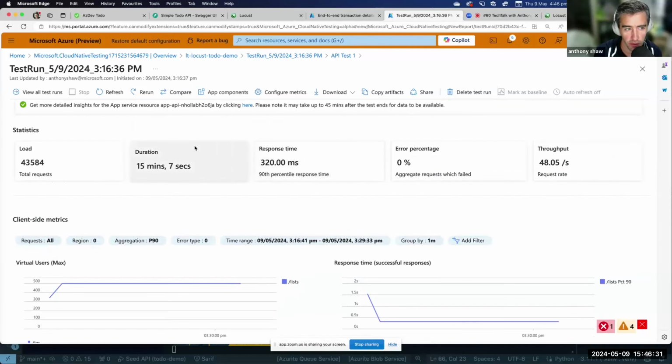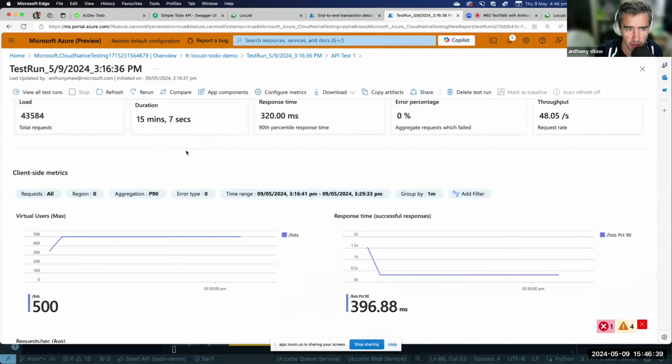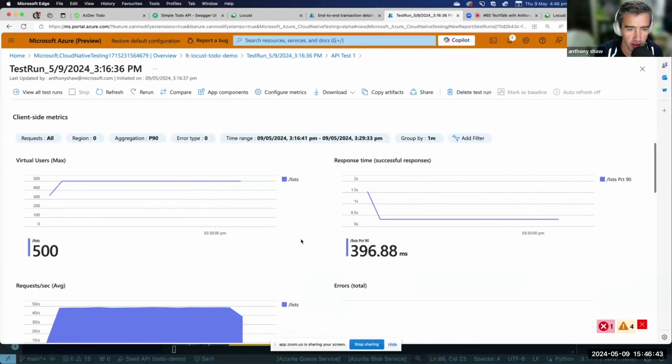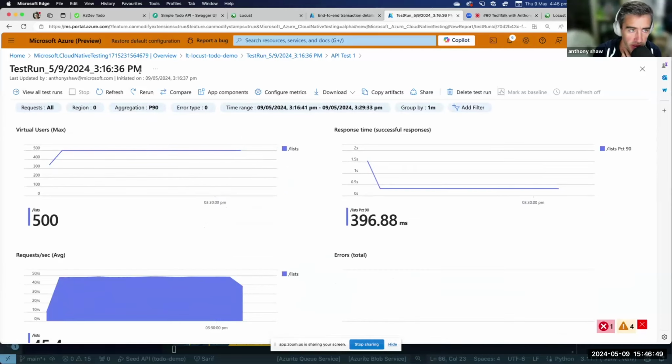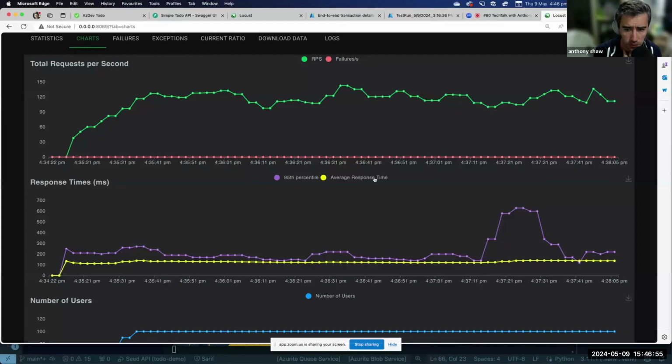So I was running it with 5 servers running Locust all at the same time to issue 43,000 requests over a couple of minutes. And you can use that basically to try and scale out your testing environment. Locust has got the ability to do this, and we've got the ability to do this in Azure Load Testing as well. But there's definitely other ways of doing it.